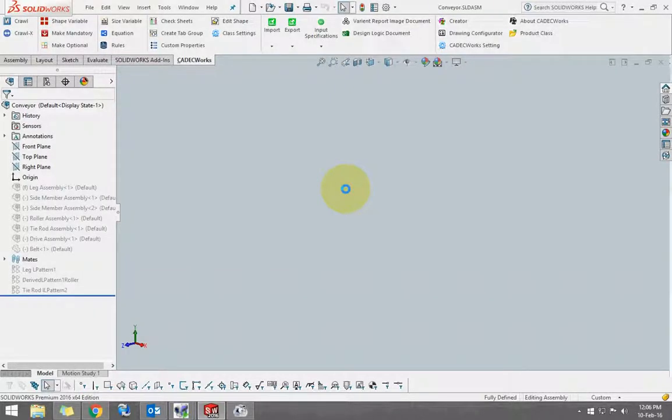Hello everyone. In this session we will see how to define shape variations, how to define mandatory components and some optional components. Okay, let's go. Once we have crawled that assembly and saved that, you can see that all of that component gets suppressed. So now we have to define the shape variation and make mandatory.